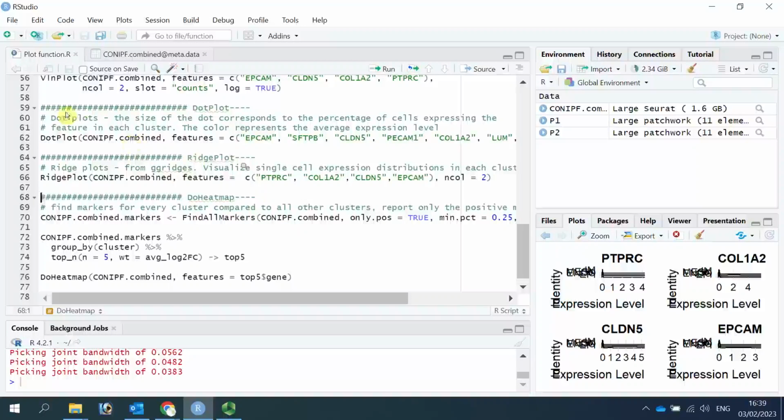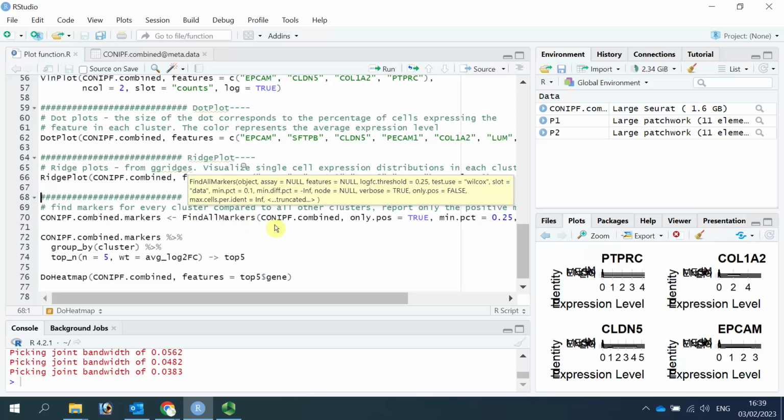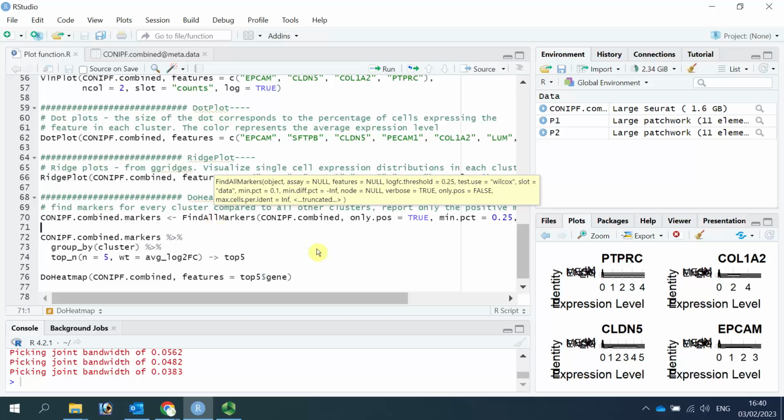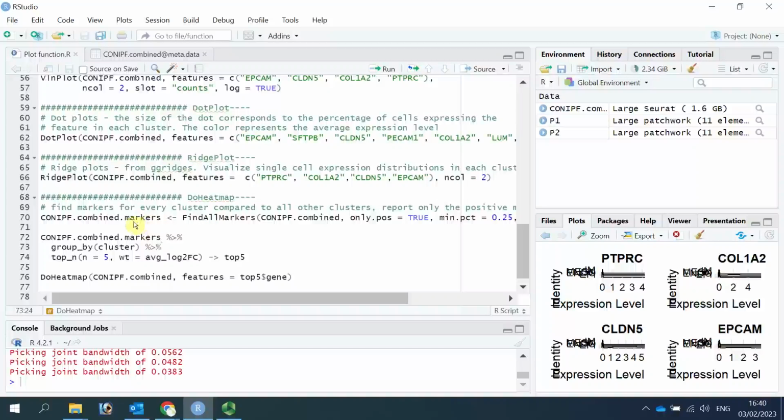Similar to the dot plot function, DoHeatmap is frequently used to show marker genes for the cell clusters. So we can use the FindAllMarkers function to find the markers for each cell cluster in our dataset.